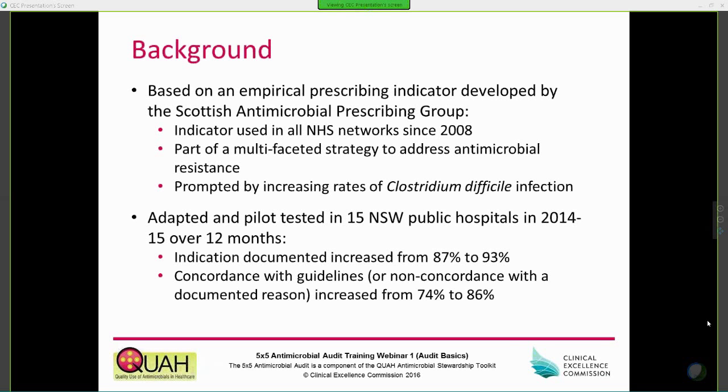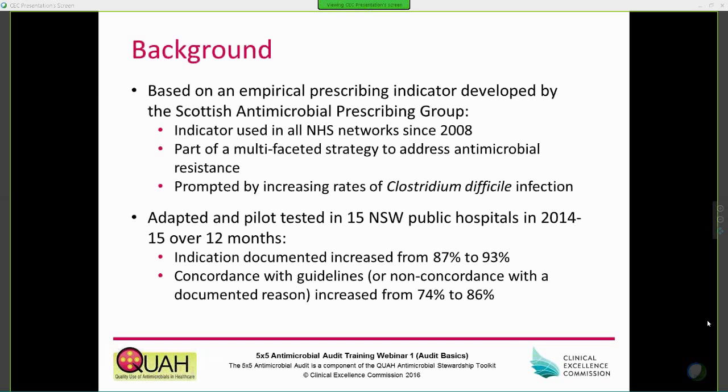So the 5x5 Antimicrobial Audit was adapted from the Scottish Antimicrobial Prescribing Group tool and pilot tested in 15 New South Wales hospitals over 12 months in 2014 and 15. And what we found over that time was that the indications documented for antimicrobial therapy increased from 87% to 93%, so a small but a steady and sustained increase,